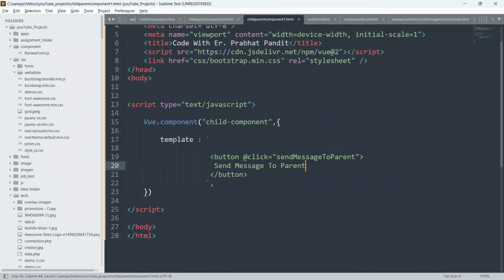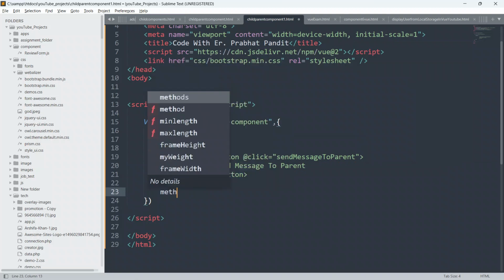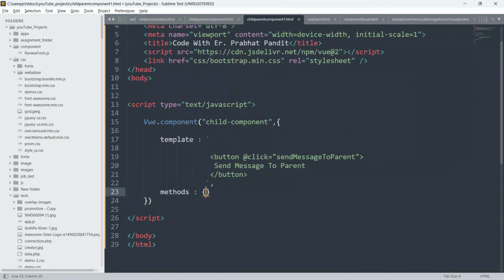And now here guys we can define our method also. So I'm going to define methods here. We will say methods, put colon, and inside this we have to define this send message to parent function.